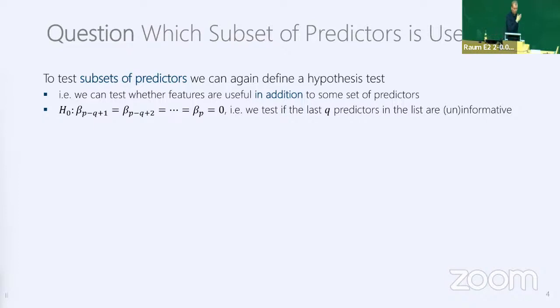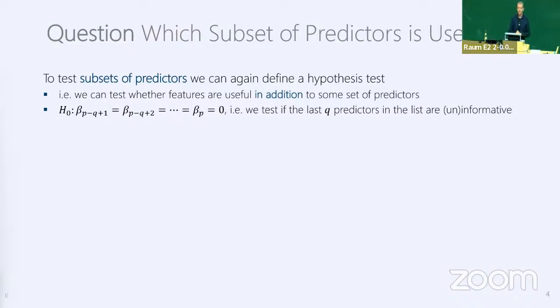This is a nice lead up to what we're going to be doing next. So now we know that one predictor is useful. What is the subset of predictors that is useful, right? How can we get rid of all the individuals that are not, such that we have that group that gives us the best worth for our money? Well,